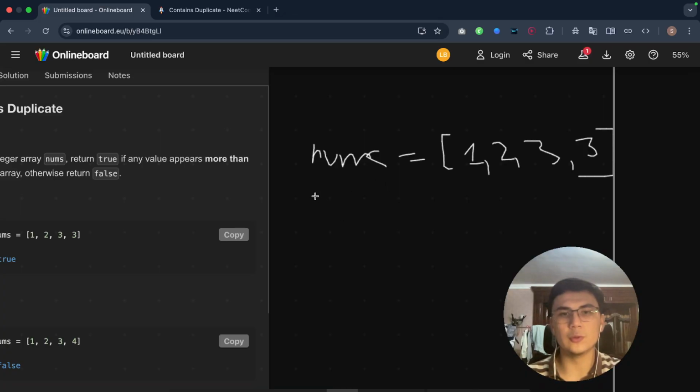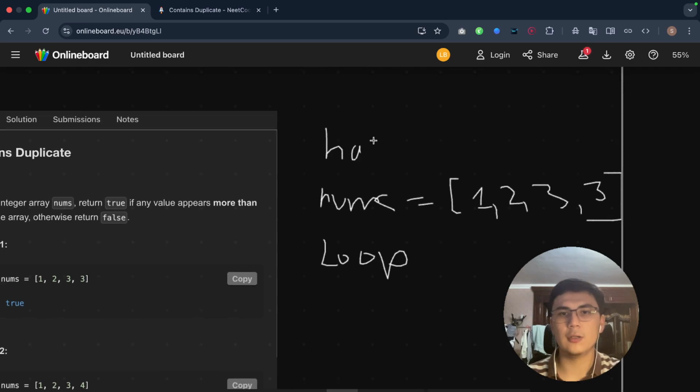Well, we're gonna loop through the list, and we can use a hash map to check. To add each value from here, and we're gonna check if the next value is equal to this one, and if you find that they match,